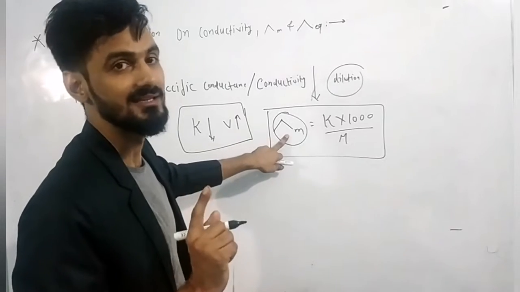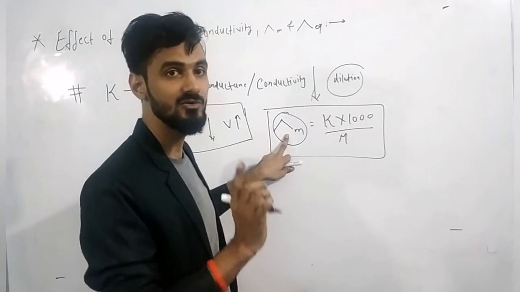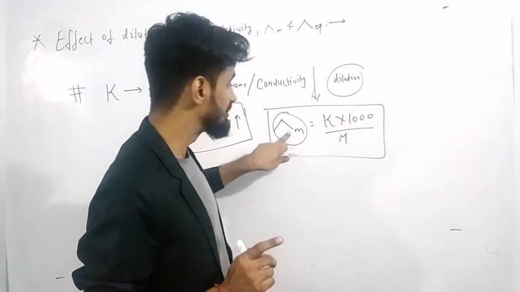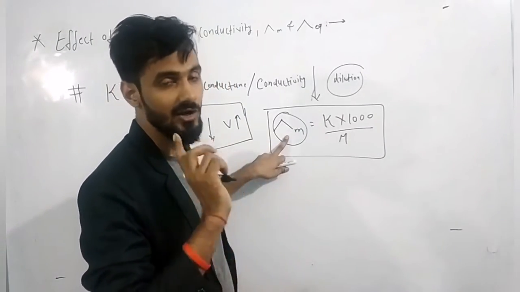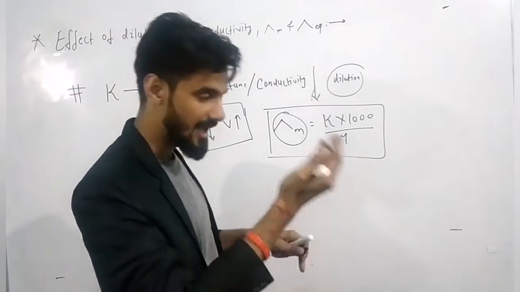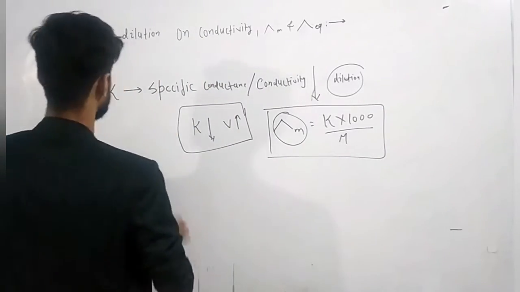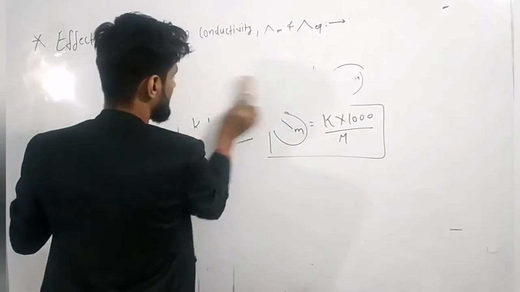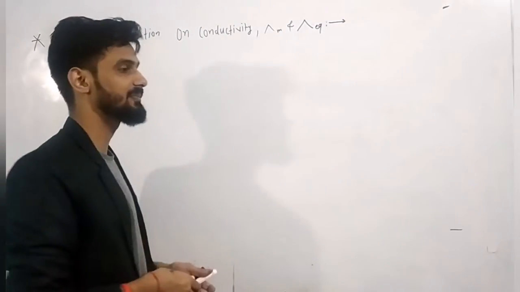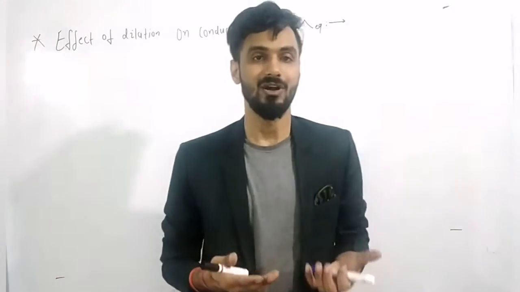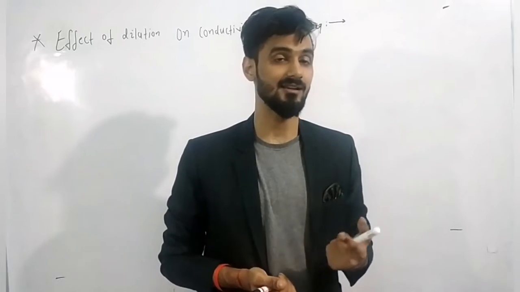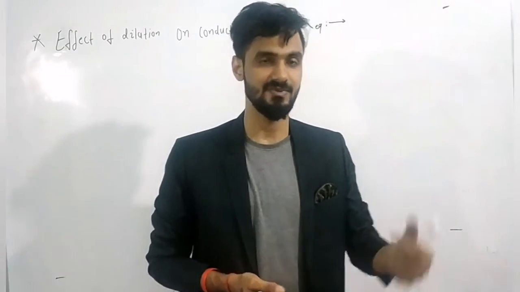But it's not like that. Molar conductance doesn't decrease when you dilute the solution. Understand one thing: kappa decreases, but molar conductance or equivalent conductance is not going to decrease after dilution. Why is it happening? I am going to tell you the reason. Understand why kappa molar or kappa equivalent is not going to decrease after dilution. If it is not going to decrease, then it will increase after dilution. Understand how it is going to increase. It's a major concern here.